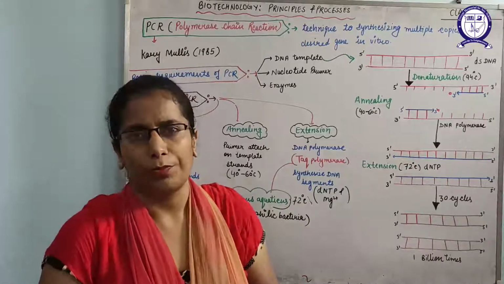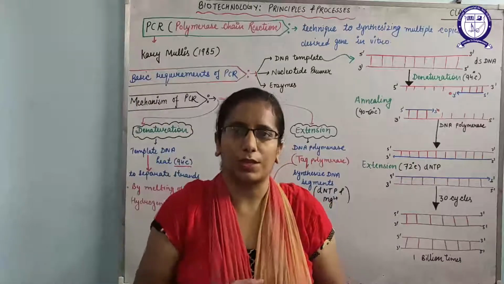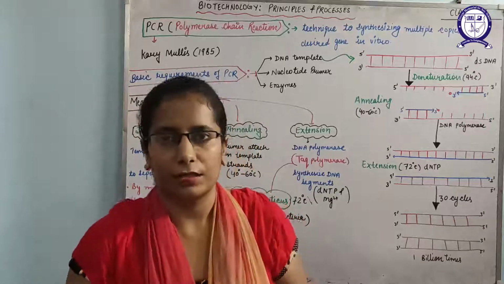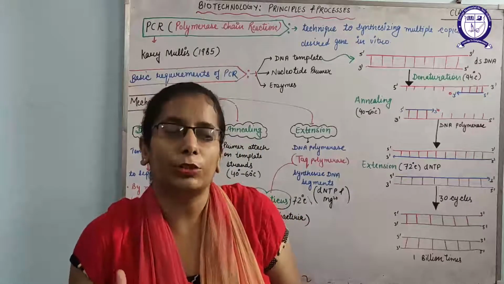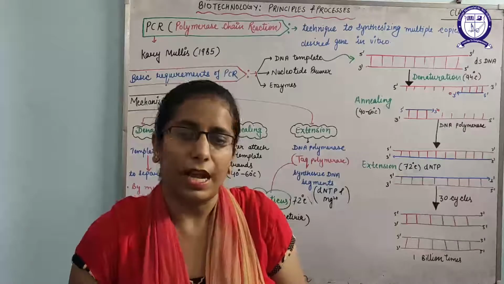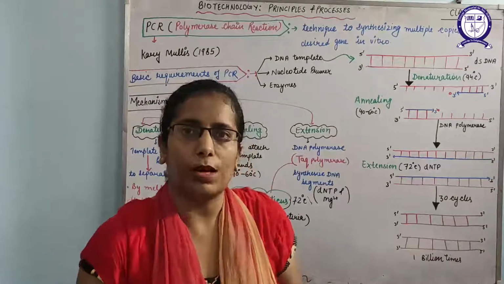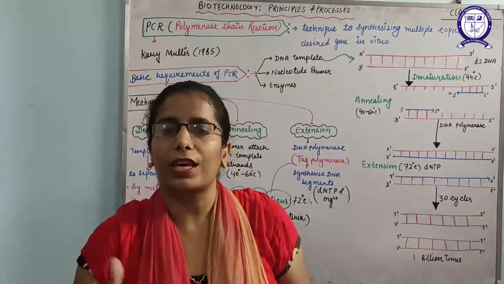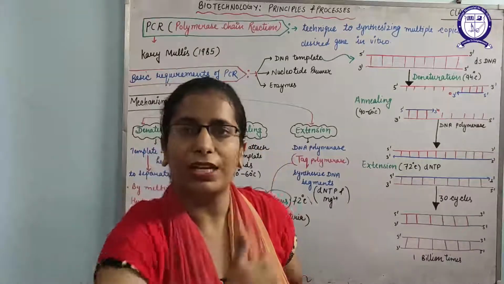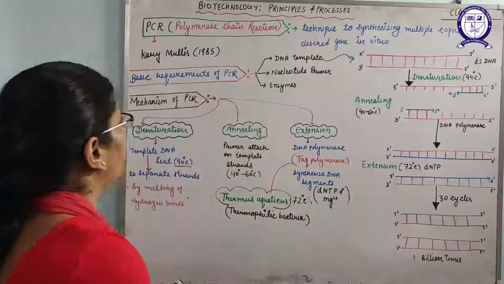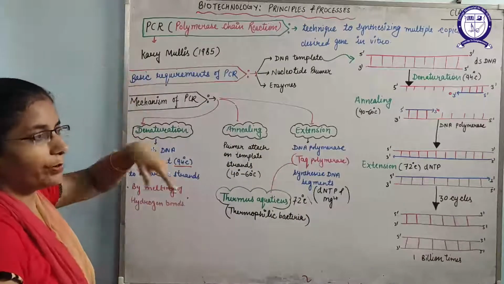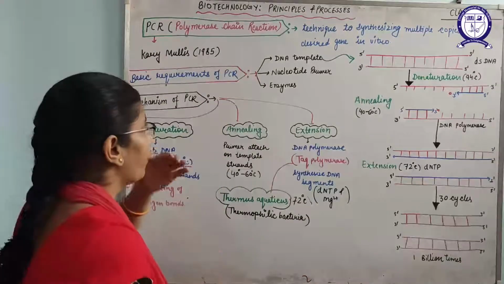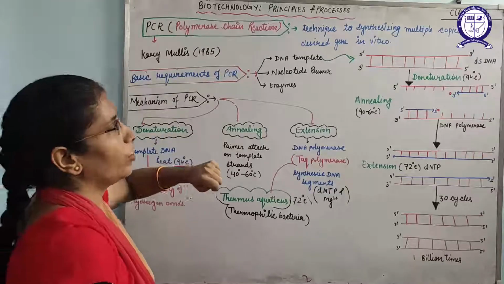Yes. Take the example of a photocopy machine. What are you doing there? You insert the page that you want to copy, then you click on the number of copies and take out the printouts. That machine is making multiple copies of what is printed on the page. In the same way, PCR is a machine that will amplify or multiply the number of fragments or genes of interest. So what is the basic requirement of this machine?